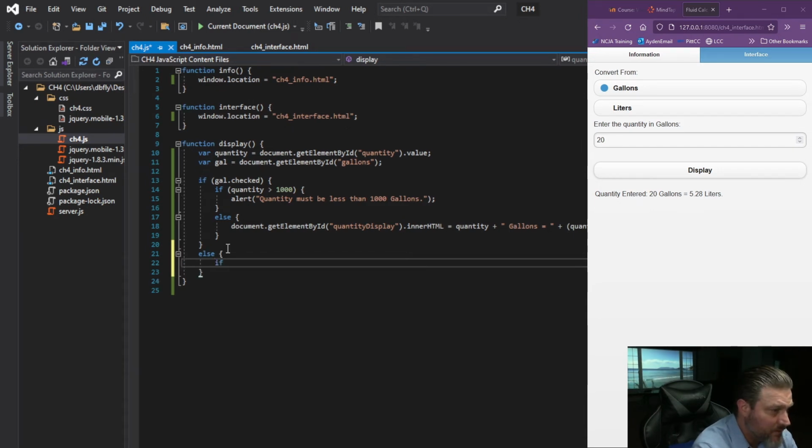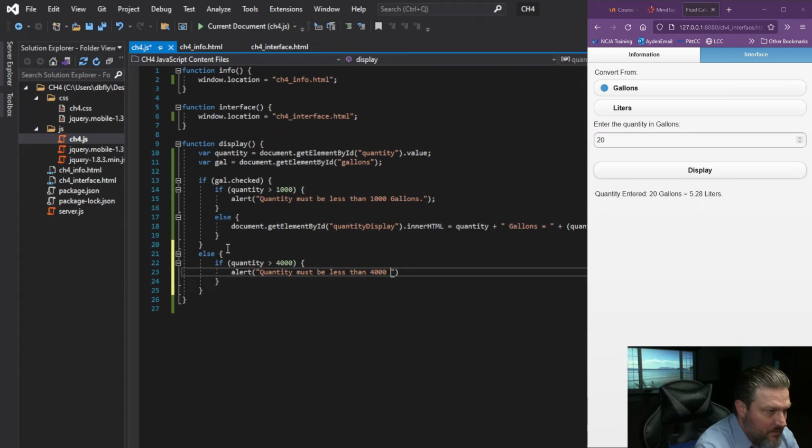So we're just going to do if the quantity is greater than 4,000, because we're doing the validation for liters. We need to send another alert. Please, the quantity must be less than 4,000 liters. And then else,